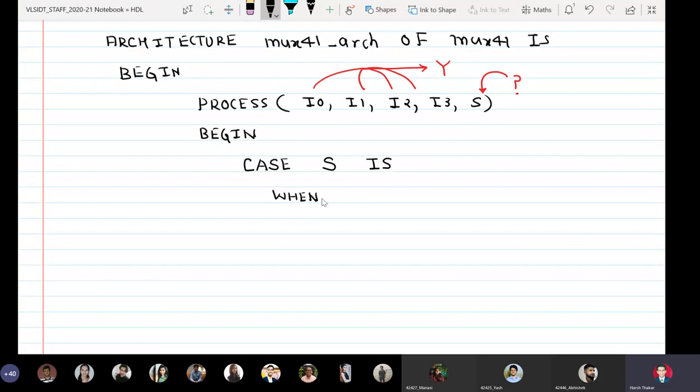When S is 00. Now see here what I'm writing, I will explain it to you. This is a different kind of an operator.